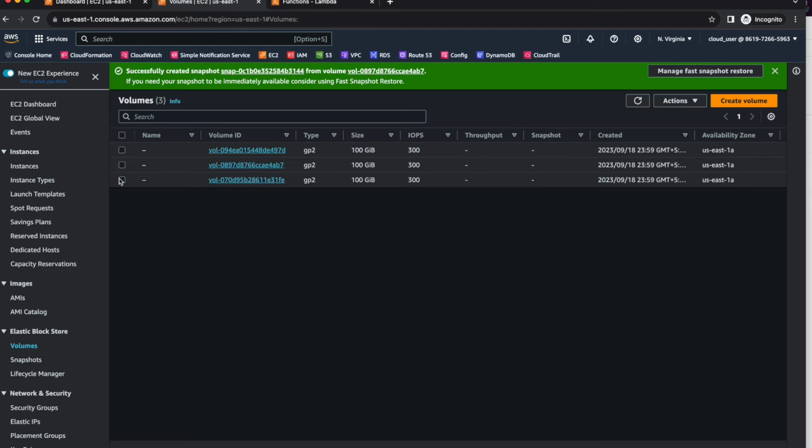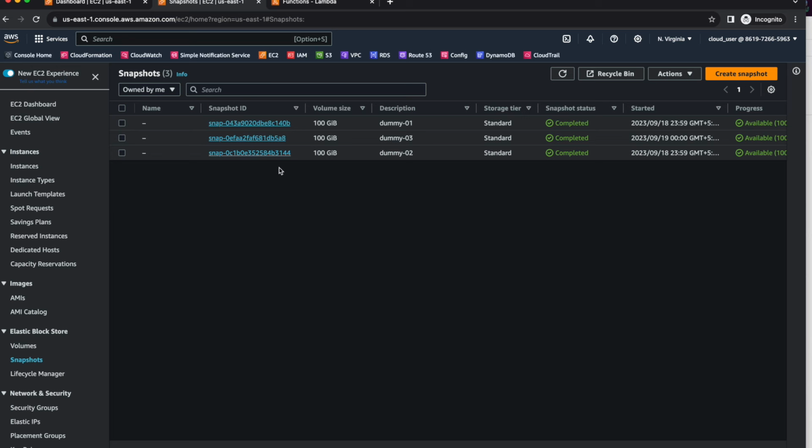Now our things are there. Now assume I want to clean up these snapshots which have been created, because for some reason maybe I no longer need them. It can be anything. For this experiment we are doing it for 3 snapshots, but it may be historical snapshots from, let's say, 1 year back, or 3 years back, and it can go to a very big number. We can see 3 here, but it can have multiple pages, and the number may cross 1,000, 10,000, whatever it is. So we need to clean up those snapshots, and we can select some date and time. For example, if the snapshots are older than say 1 year or 2 years, then clean them up. This is exactly what we are going to do,